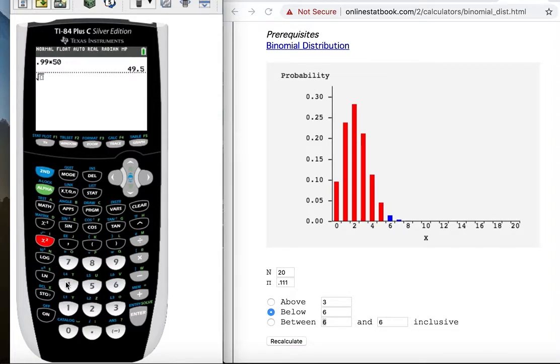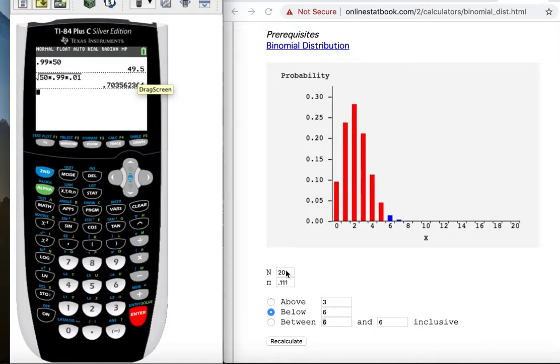And what is that? That's the square root of N times P times Q, or its complement. And most values will be within two standard deviations. Now we can't go two standard deviations to the right of 49.5. 50 is our max. But you can use the 2 sigma rule, the 2 standard deviation rule, and say, oh, 1.4, so we really don't expect anything